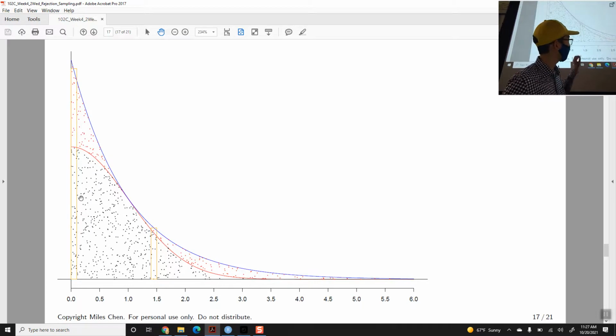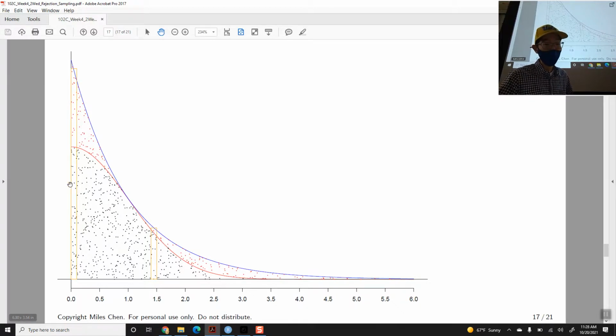Again, we're only generating values along the x-axis, okay? These are all the values that we're proposing. The vertical location represents the random u that we generated, okay? If the random u was 1, it goes up to the blue line. If the random u was 0, it stays at the bottom. If the random u is 0.5, it's halfway between the bottom and the blue line, okay? So random values of u at 0 go down here, random values of u at 1 show up at the blue line, and 0.5 would be somewhere halfway in between,